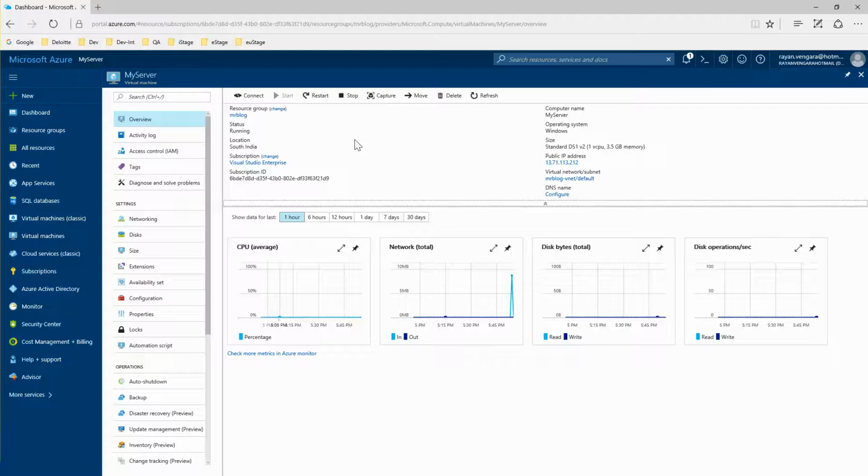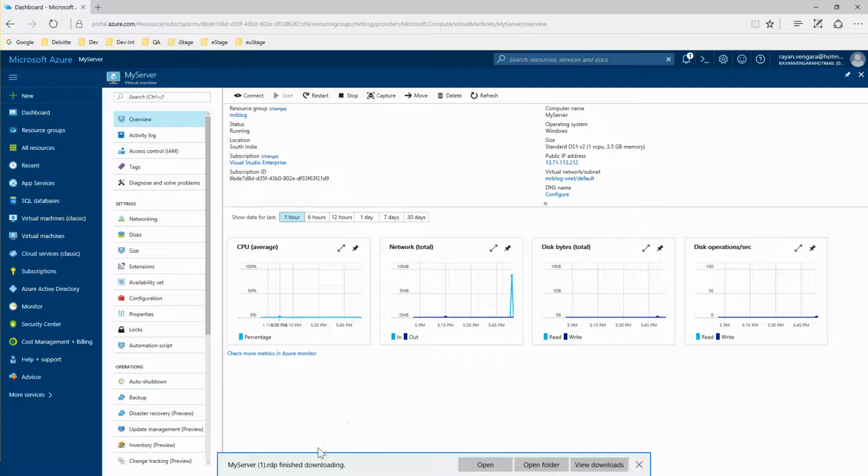So the next step for us is to connect to the server. And to do that, I have to click on connect here. I click on connect, which is going to download an RDP file. I clicked it twice. Yep. So this is going to download an RDP file, and I'm going to click on open,